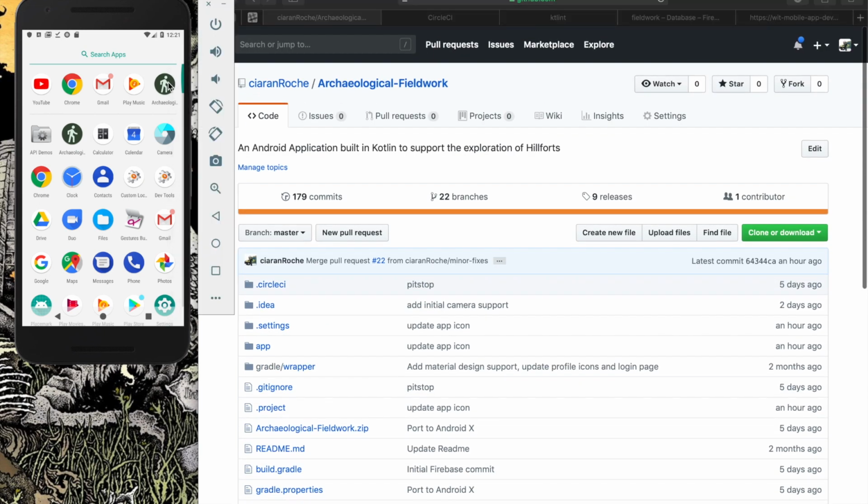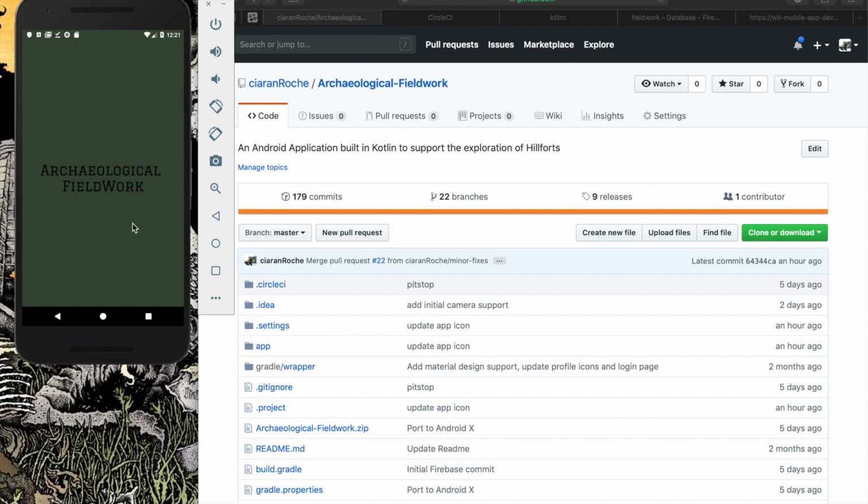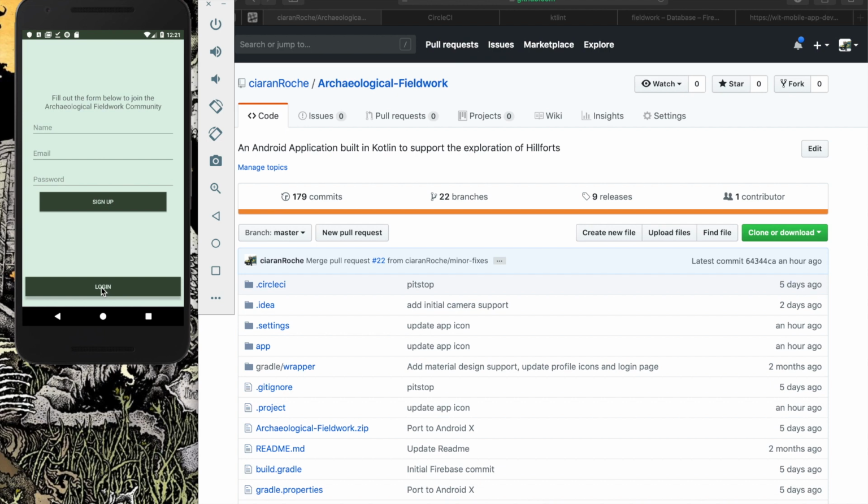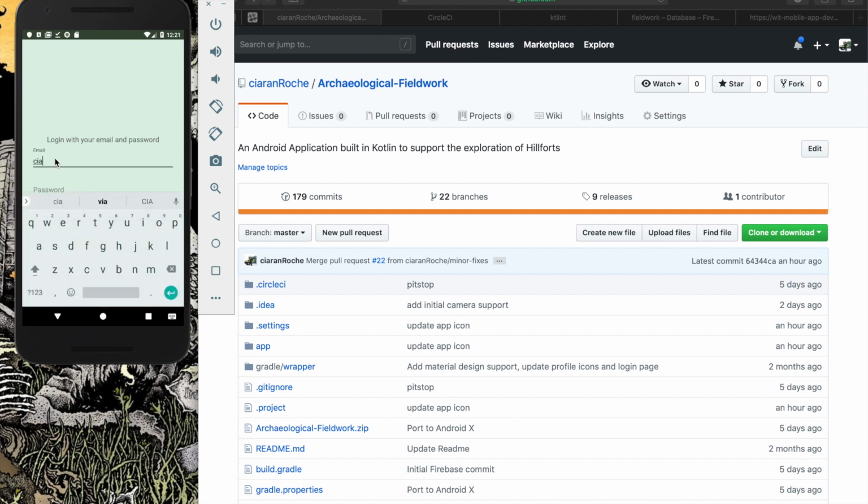It's time for a demo. So if we boot up, I have an emulator running. If we boot up the application from our splash screen, we get our login, our sign up pages. So if we log in then with my own user,